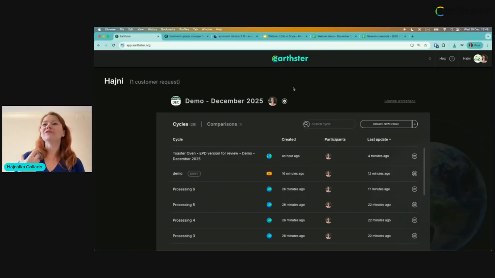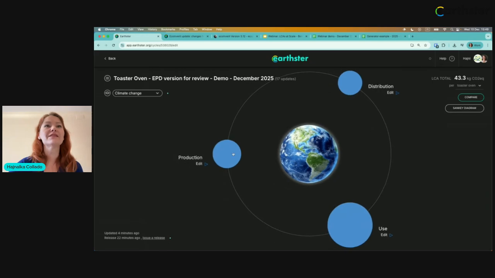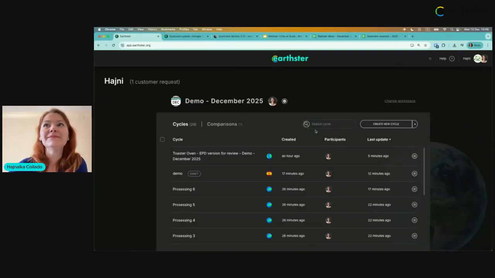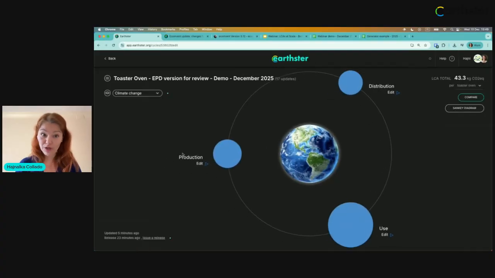Since we've been focusing on implementing more and more features to help you do EPDs at scale, not only one by one. For example, in here we have this model divided based on the typical modules, but we are thinking for the future that when you have those 10,000 SKUs, maybe you want to add some of those into EPDs. What we have implemented recently is the ability to add documentation at a workspace level. I'll show you that in a moment. But before that, a new update also is that